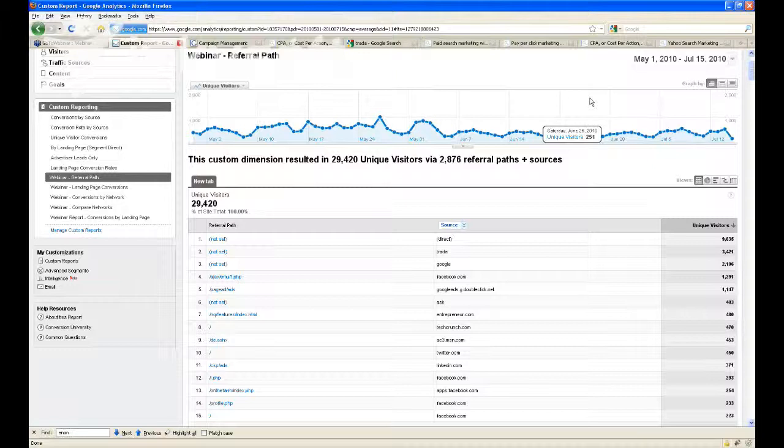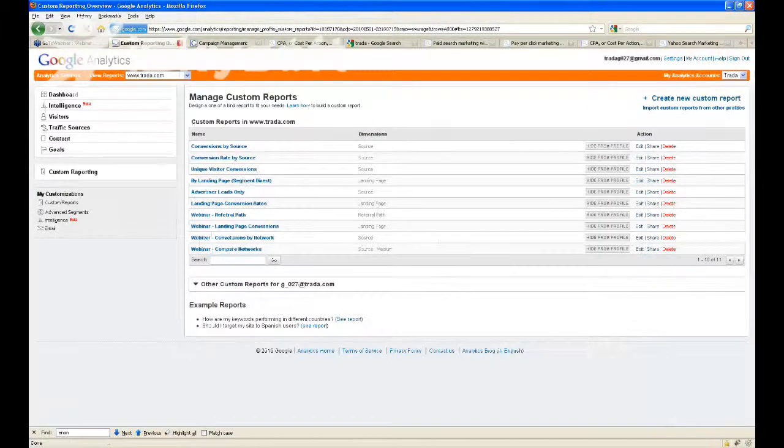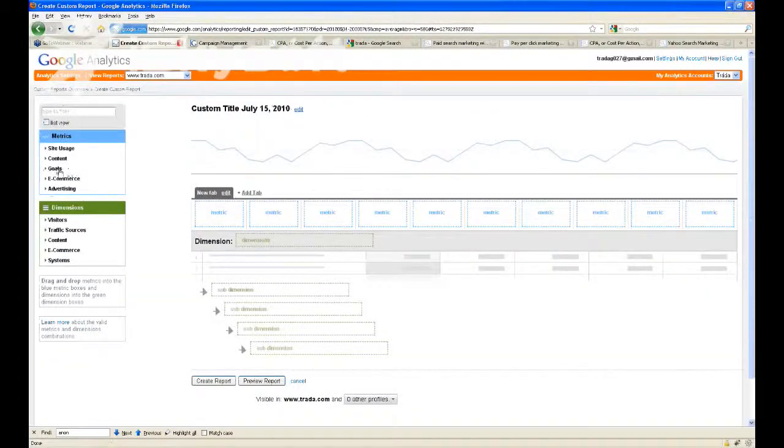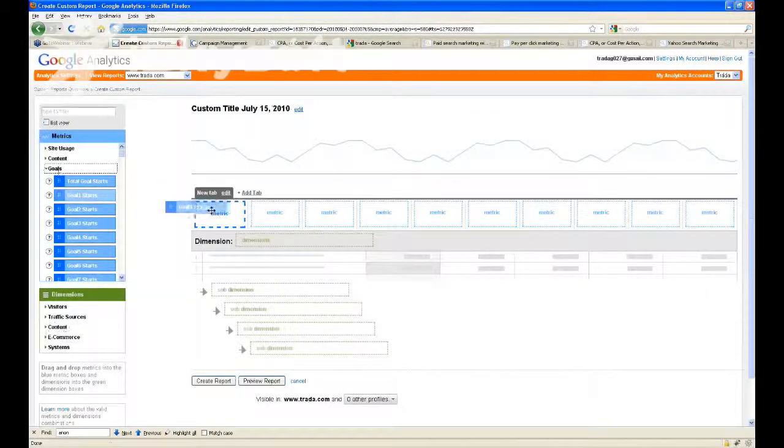One of the things that's confusing, I'm going to go back to analytics really quickly here. One of the things that's confusing is when you're creating custom reports, it doesn't use the names you've assigned them in your creation. So you have to remember, and this is completely mind-numbing, you have to remember what was goal 1, what was